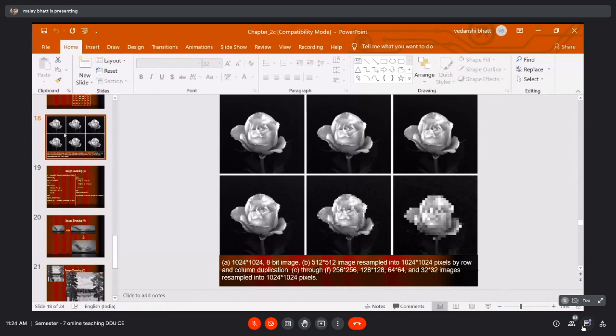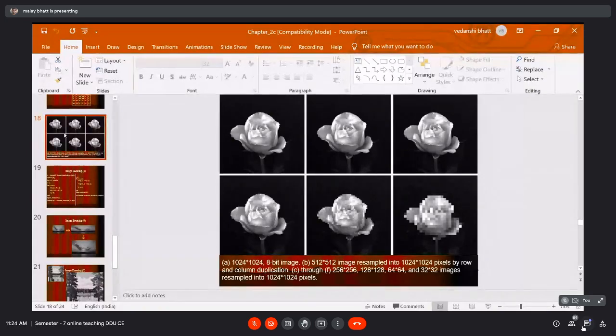Now the top row, middle element, is a 512x512 image. We are doing pixel replication just one time because it is already 512x512. When you apply replication only once, you get 1024x1024. You don't find that much change. You find an almost equal image.